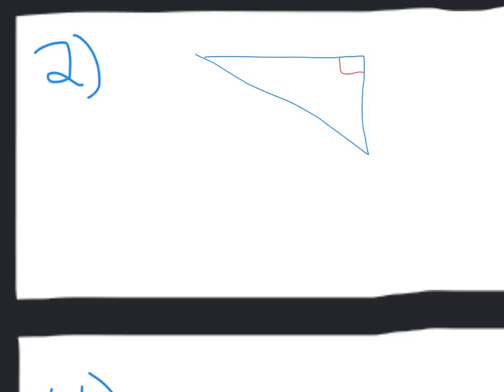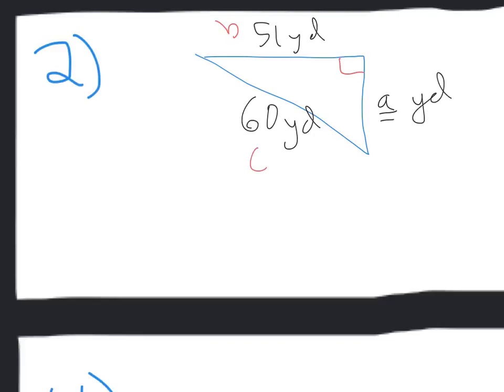Okay, so now our equation is going to look a little bit different since they give us the value of the hypotenuse. When we go to set up our Pythagorean theorem, we have to make sure we plug in A appropriately. I'll label this as B and this as C. We have to set this equation up appropriately, otherwise we'll get the wrong answer. So remember, it's leg squared plus leg squared equals hypotenuse squared. So here we go. A squared, because we don't know the length of this side, plus we do know what B is. B is up here for us, 51 squared,